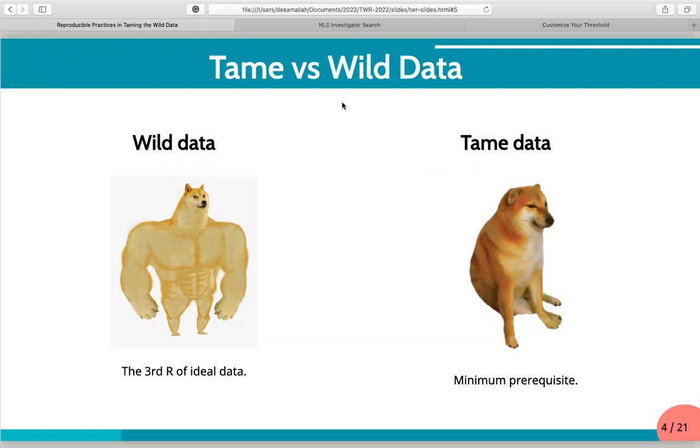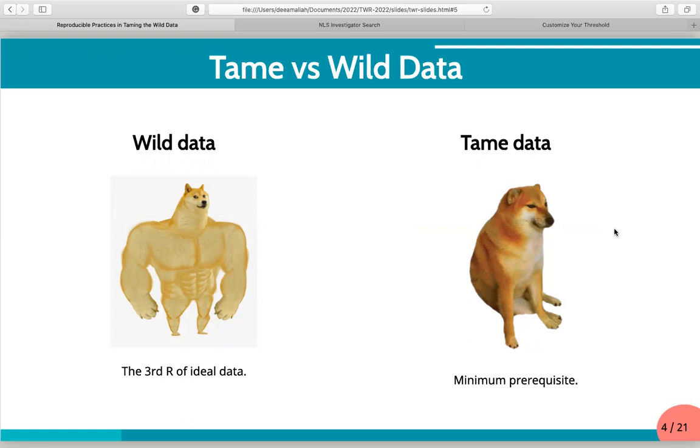It could be messy, it's hard to play with, and almost always it satisfies the third R, which is realistic. And the tame data, just like this, is easy to play with and has a minimum prerequisite. So if we put the two views together, it is counterintuitive, because the third R needs pre-processing of the data, and on the other hand, it has to be a minimum prerequisite.